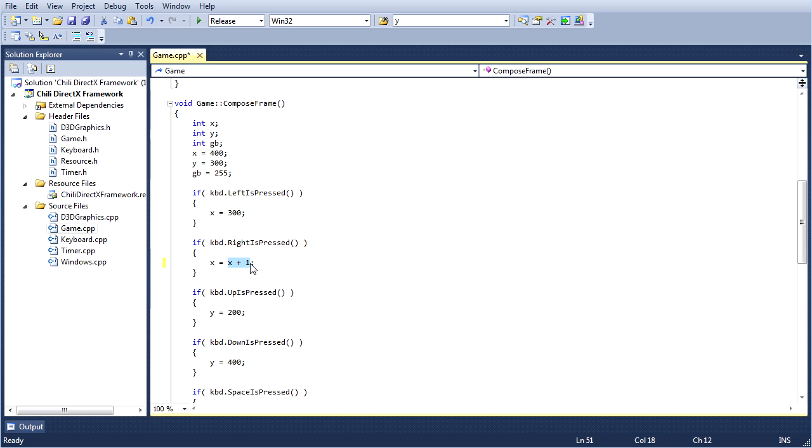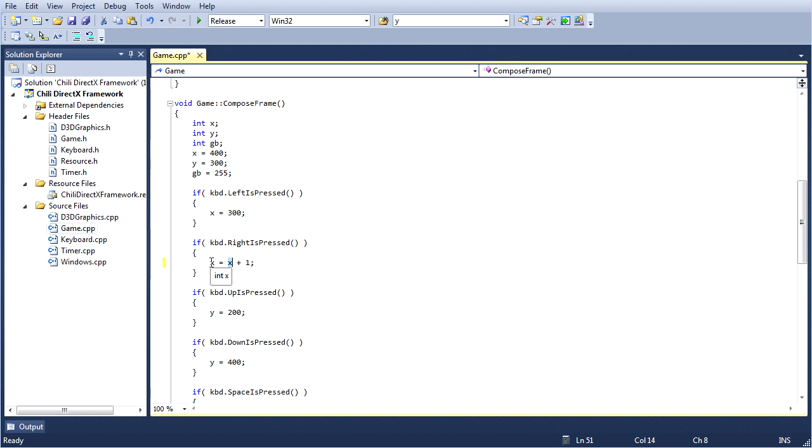What this is saying is, okay, take the sum of the current value of X and 1, and then take the result of that sum and put it into X. So if X is 5, for example, the sum of 5 and 1 is 6. So that's our result. And then store that result in X. So X changes from 5 to 6.